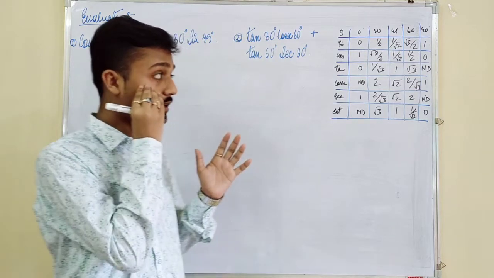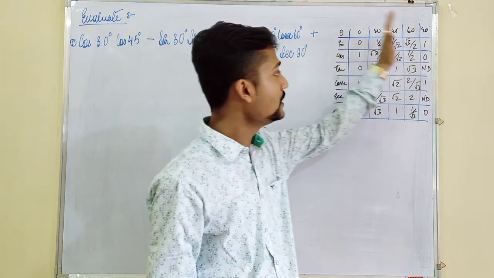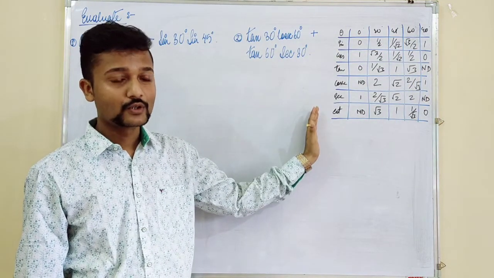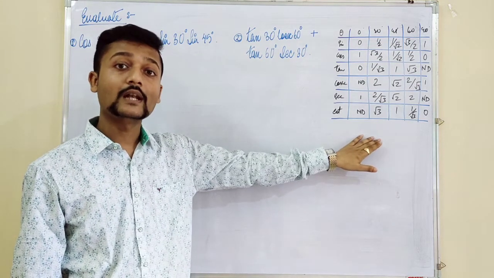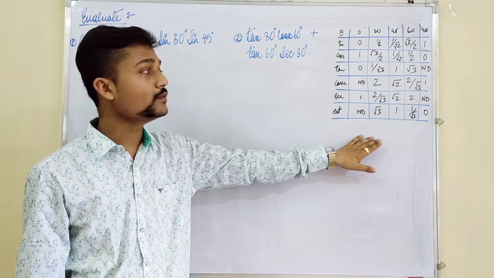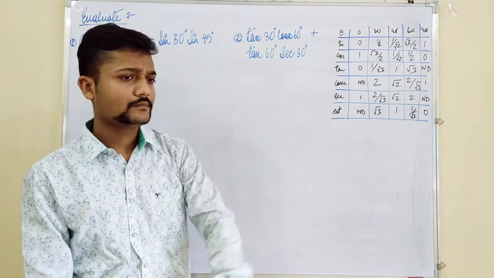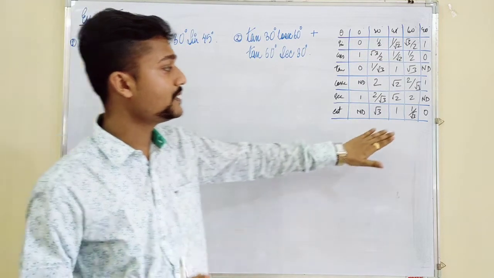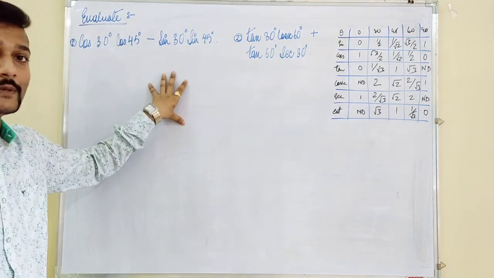So that table, the very big table that I have shown a little bit earlier, I have reduced it to a small table on the right-hand side of the board. So what you will do in the initial stage, you will try to solve in this manner. This will help you to understand, and this will help you to also remember the values of the various angles. As we are in the initial part of learning the chapter, I have kept the table on the right-hand side, and I will try to solve questions related to this particular table.